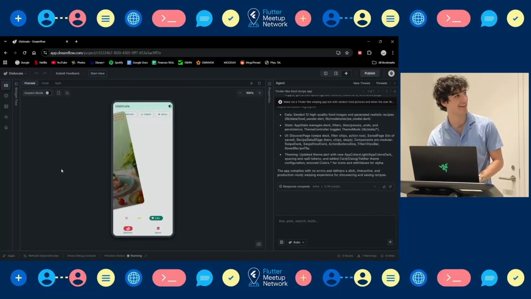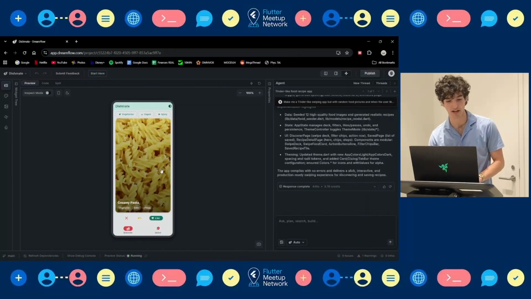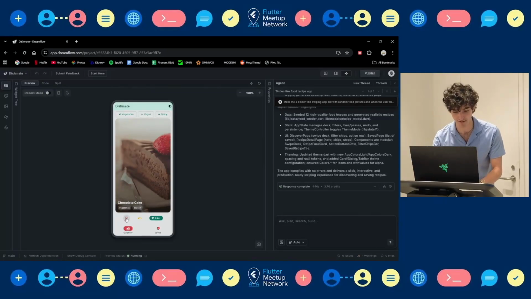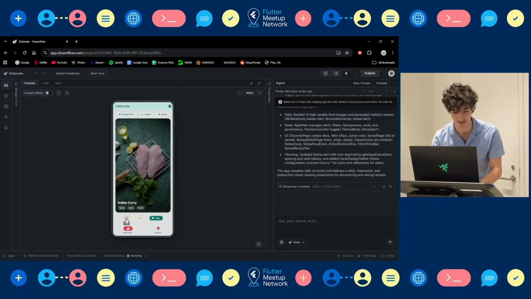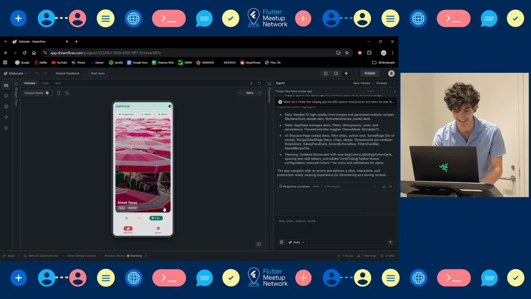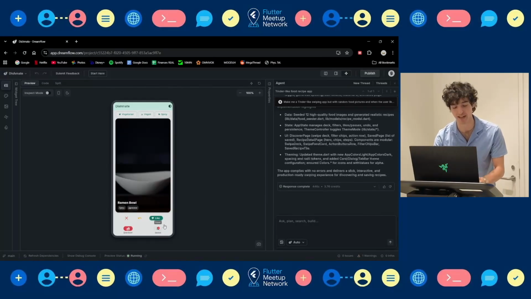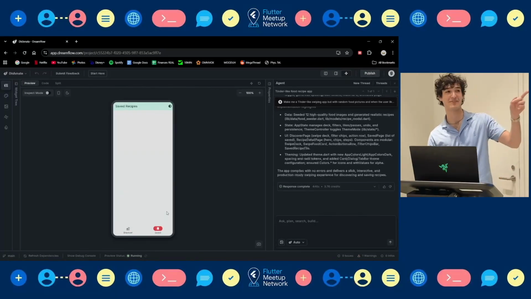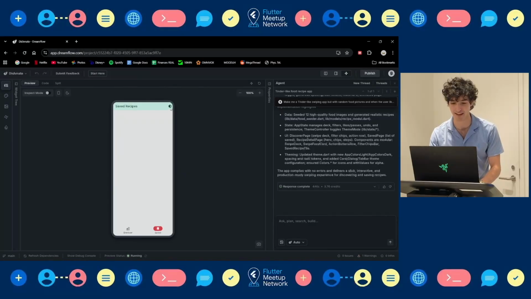I think your gestures go out of the things, so you have to do your gesture inside the generated whatever. Anyways, one of them was a ramen bowl, and it was just the bowl. There was no food in it. Anyways, so you can pass the Indian curry, street tacos, and then if you like it, it goes to there. There's the ramen bowl. So then you can go to your saved, and well, there's nothing there, but there should be recipes here from the ones that you saved, and there's a light mode and a dark mode.